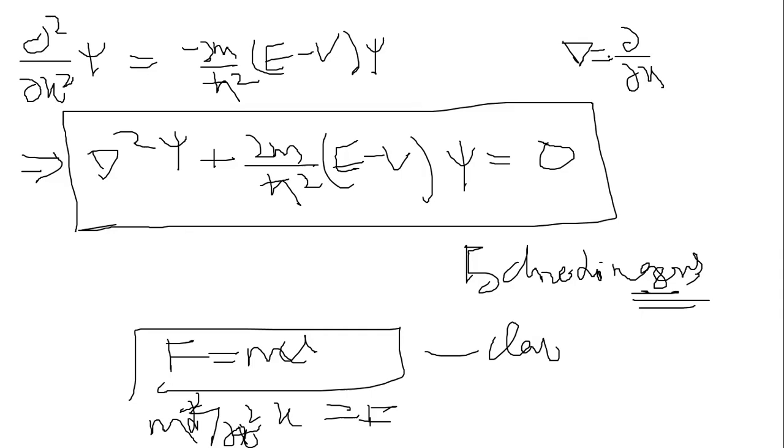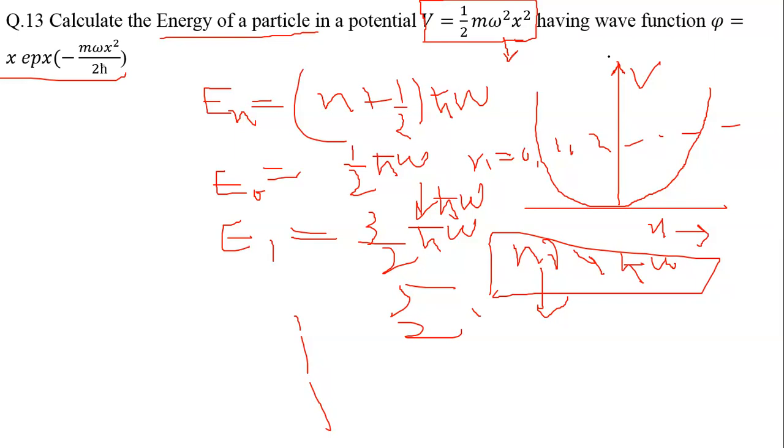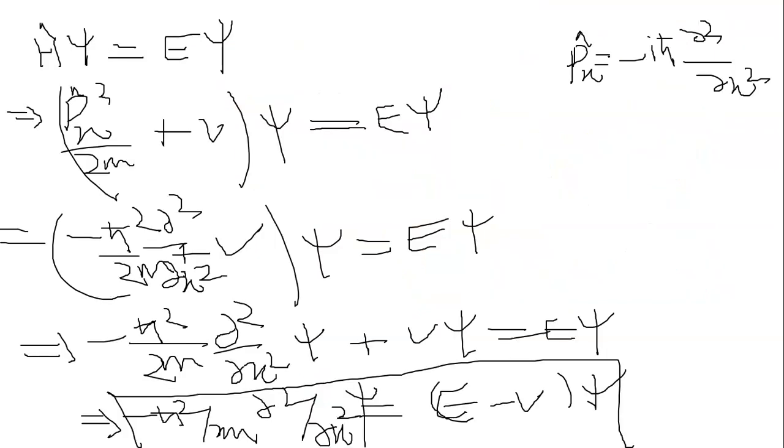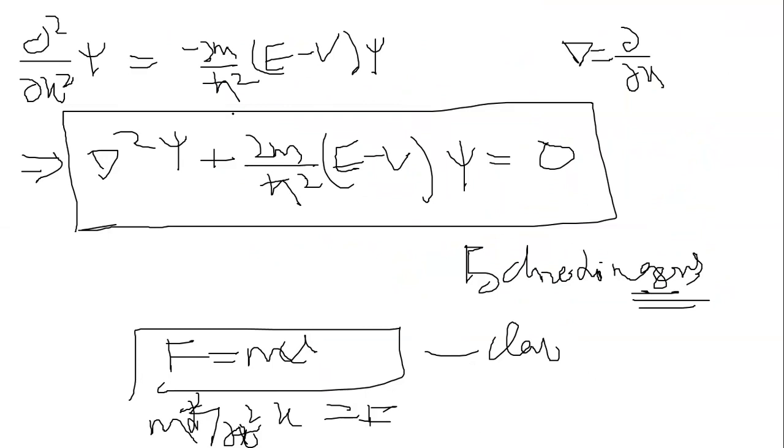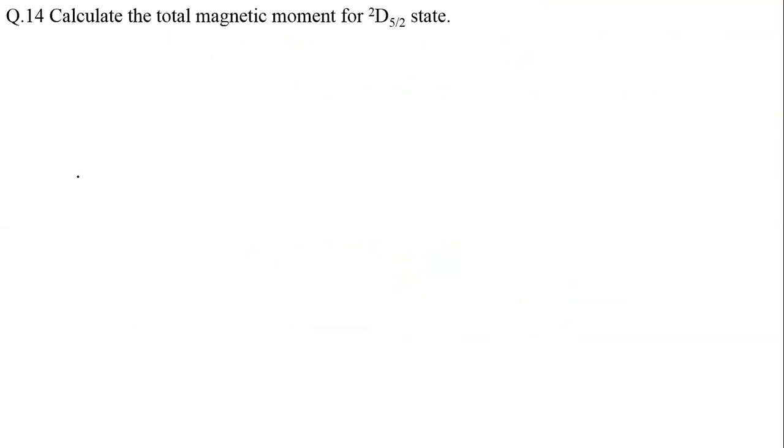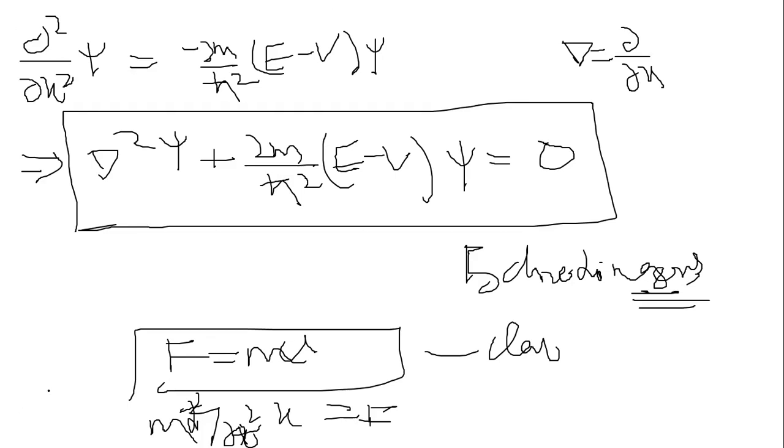So when you put all the values you can calculate. For this case the wave function is x exponential minus m omega x square by 2h cross. So first we need to calculate the double derivative of psi here. First we will calculate the single derivative, then